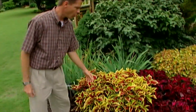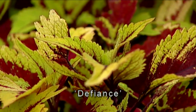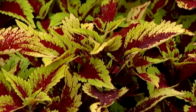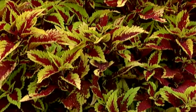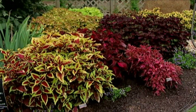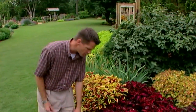plants. This one is called Defiance, and you can see it's got a wealth of color there with the red and yellow. All we have to do to our Coleus is to come out occasionally and pinch out the tips to make them bush out a little more, and if they produce any flowers, we also keep those removed. These, of course, were planted out in 1-gallon pots, so that's how they were able to get this large, this quick. But if you're able to find 4-inch pots or 6-inch pots, you can still get quite large plants pretty